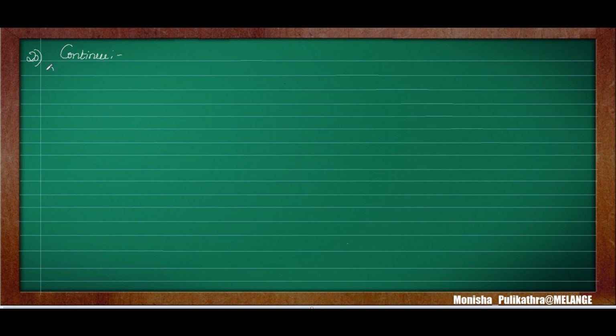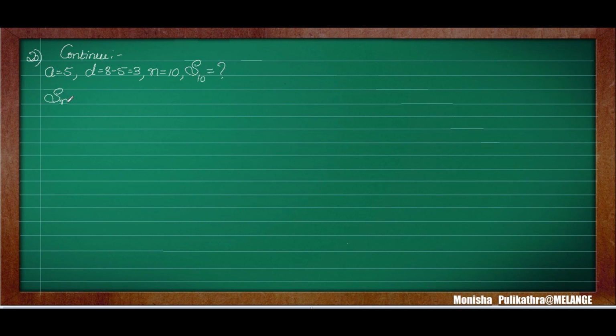Okay, so here the first term is 5, the distance of the first potato. The common difference is 8 minus 5, that is 3, and the total number of potatoes placed in the competition is 10. So n is equal to 10. We need to find out the total distance run by the competitor to take out all the potatoes and put them in the bucket. Okay, so it is S10.